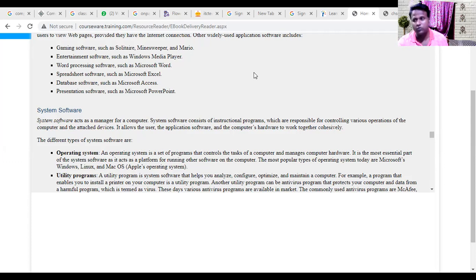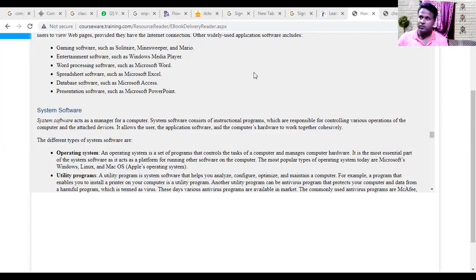It enables the users to manipulate the program and data. Then next is manage the files and folders.